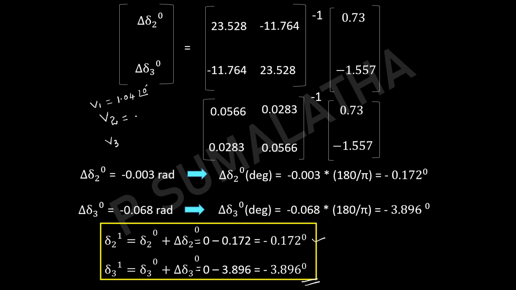But for the second bus, we don't know the magnitude value and we don't know the angle also. But for the third bus, you know the voltage magnitude as 1.04, but you don't know the value of del 3. By performing this first equation, you got the del 2 value and the del 3 value. You have one more unknown, mod V2. This mod V2 now we are going to find out. Once you find out this value, then you will get the complete voltage equations at all the buses.